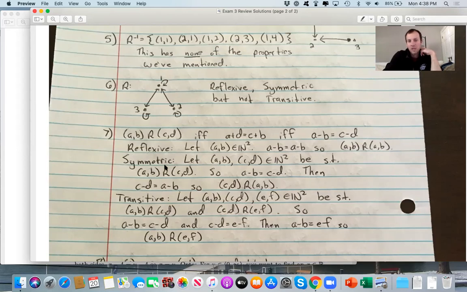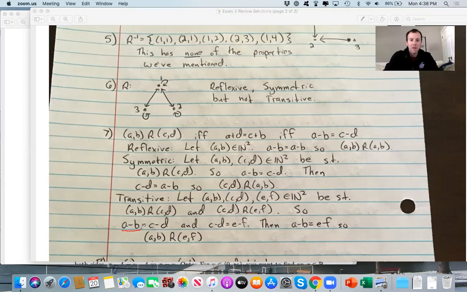Being symmetric, if they are related one direction, their differences are equal, you can change which side of the equal sign they're on, so they are related the other way. And being transitive, the assumption that you can go from AB to CD and CD to EF means that their differences are equal and these differences are equal. But then using that equals is an equivalence relation,